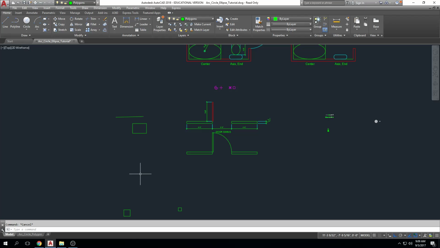The point of modification is, number one, to get things in the right position, but also to help me create geometry without having to redraw things. Once I get a 36-inch line drawn, it would be more efficient, and it would help to minimize mistakes, if I copy that or I rotate it, once I know I have something correct. So let's first talk about